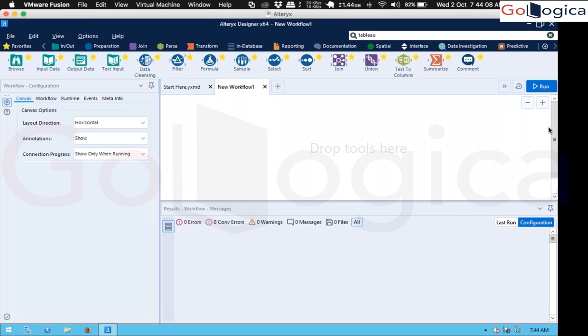So mostly it is helpful for transactional data kind of projects, where they don't have any proper data warehousing system and all. Exactly. And through Alteryx, we can connect to a number of databases,